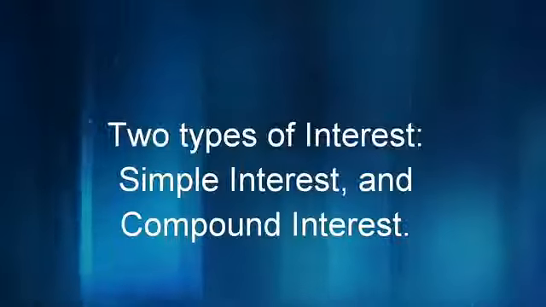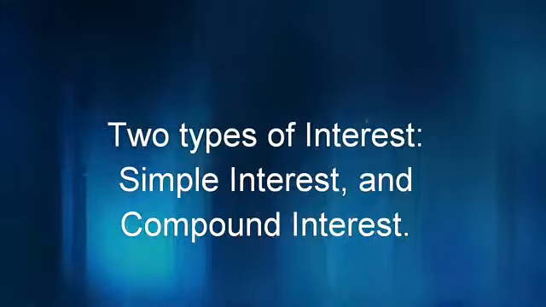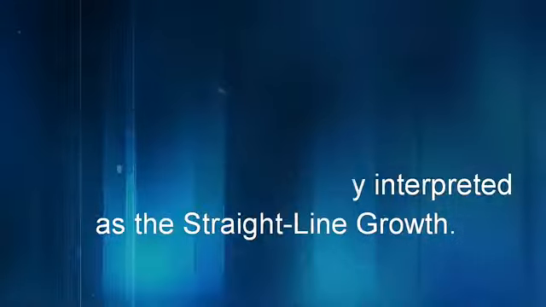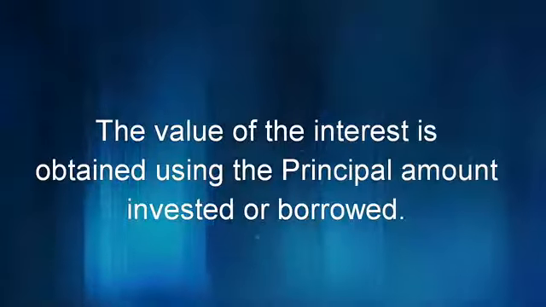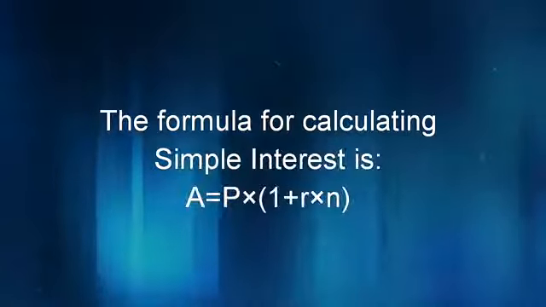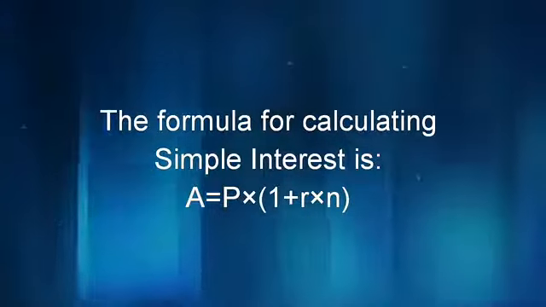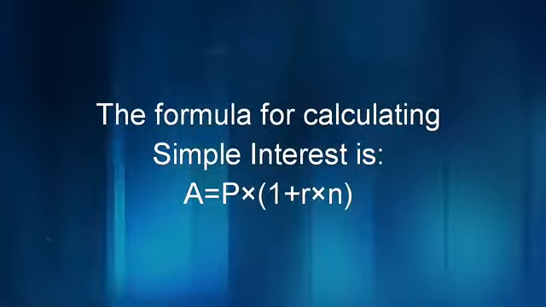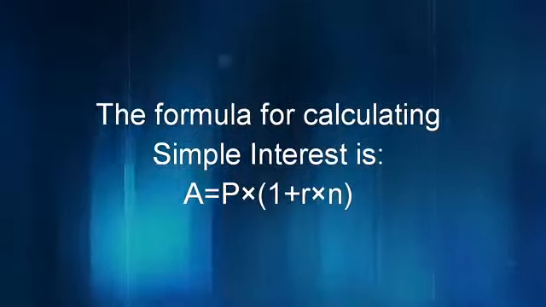There are two types of interest, simple and compound interest. In this episode, I'll focus on simple interest. Simple interest is usually interpreted as straight line growth. The value of the interest is obtained using the principal amount invested or borrowed. Therefore, the formula for calculating simple interest is A equals P multiplied by (1 plus R multiplied by N),